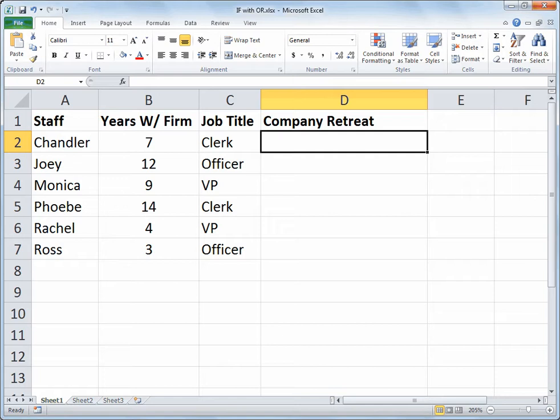And let's say that the staff members who have been with the firm for at least 10 years are invited to the retreat. So we'd like to see a yes value for them in column D. But let's also say that anyone who's a vice president is also invited to the company retreat, no matter how many years they've been with the firm. So either condition, 10 years in with the firm or having the job title of vice president, gets you invited